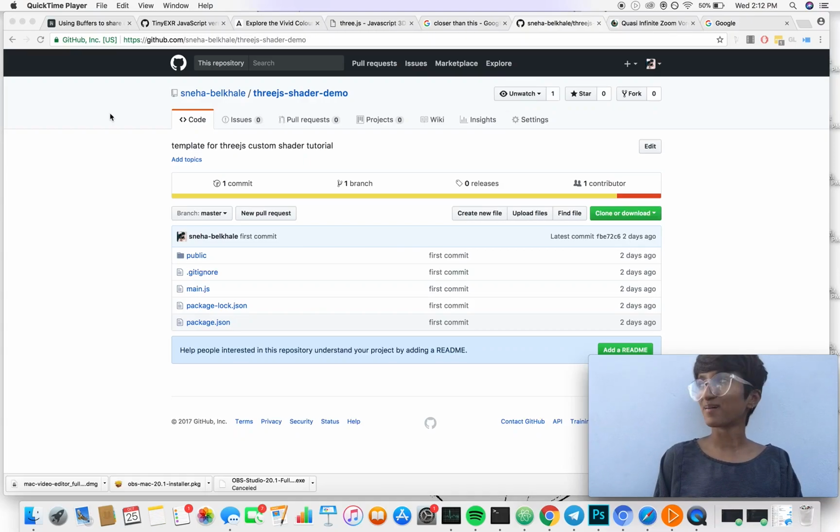Hello. So my name is Sneha, and I'm going to be attempting to do a three.js custom Vertex Shader tutorial